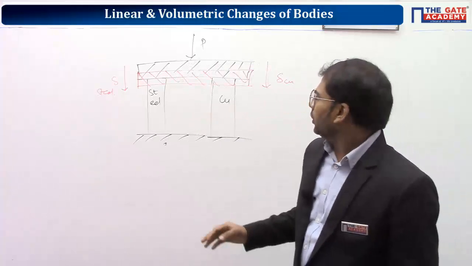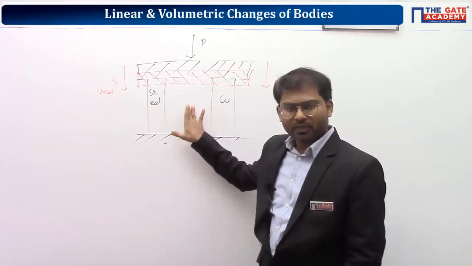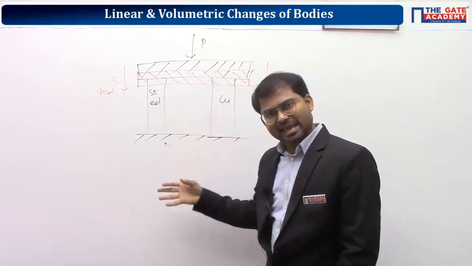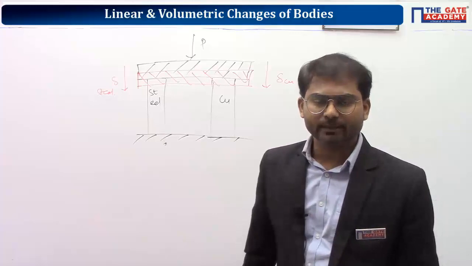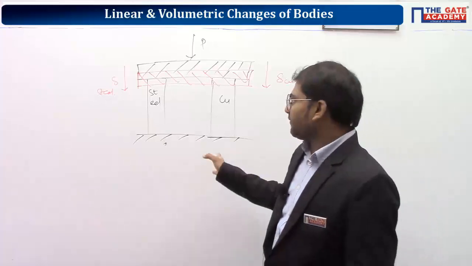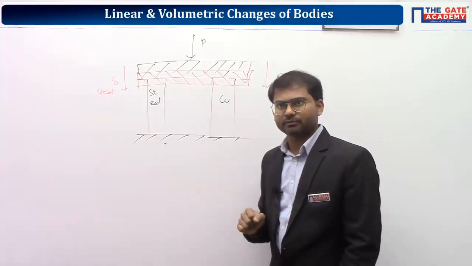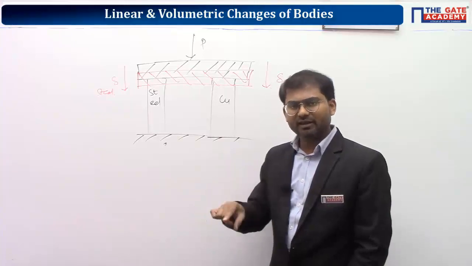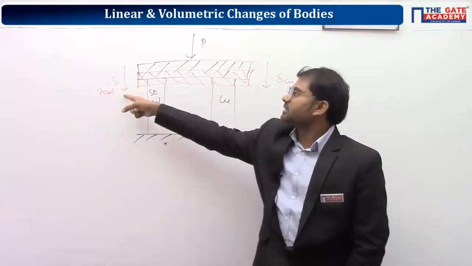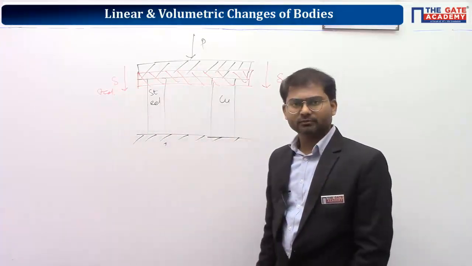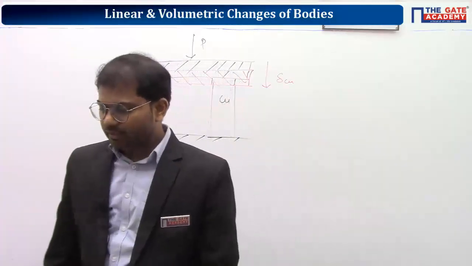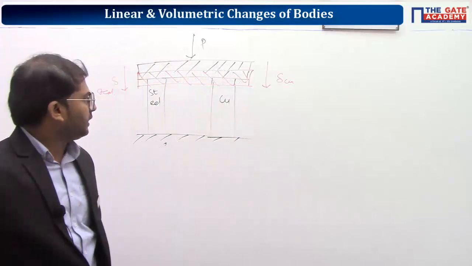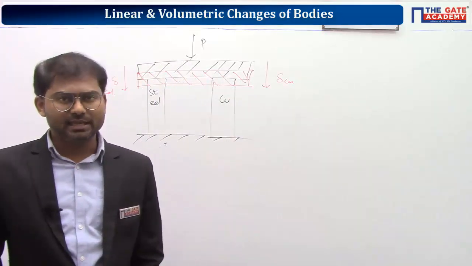Understand? If you have this scenario, the concept is completely the same as the composite bar concept which we just started. We'll deal with these types of numericals also in this part of the session. In this section, we'll never deal with those cases where delta steel and delta copper are different, because that becomes something different. Understood? Okay, clear? So we'll go only with the cases where the elongations of both the materials are the same.